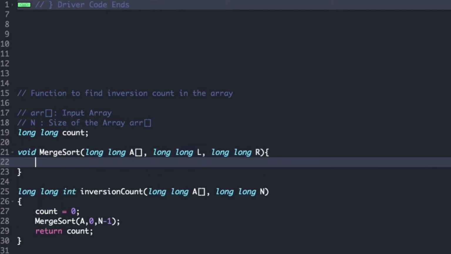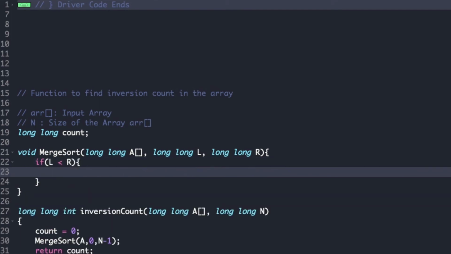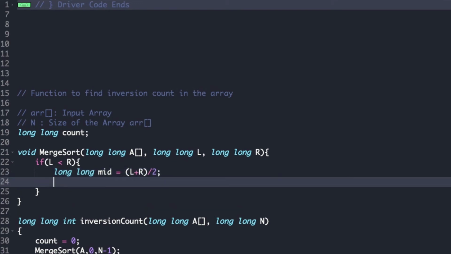In the merge sort function, we first check whether L is less than R, and if so, we calculate the value of mid as (L plus R) divided by 2. And then we recursively call the merge sort function for the left and right partition.